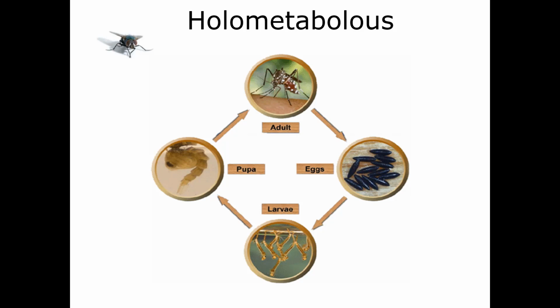Now, the eggs that are laid on solid substrates out of water that are just waiting for a flooding event, they will remain in the egg stage until that water is present, until they are flooded. So that hatching happens relatively quickly after a flooding event. So you can get these mosquitoes that will lay their eggs on the sides of containers or on old tires or something. And as soon as it rains, the oxygen level in the environment is going to lower. That'll alert the eggs that, hey, there's water, and then they will hatch very, very quickly after that happens. That's why after a rain event, you tend to see mosquitoes really fast because they're just waiting and ready to go.